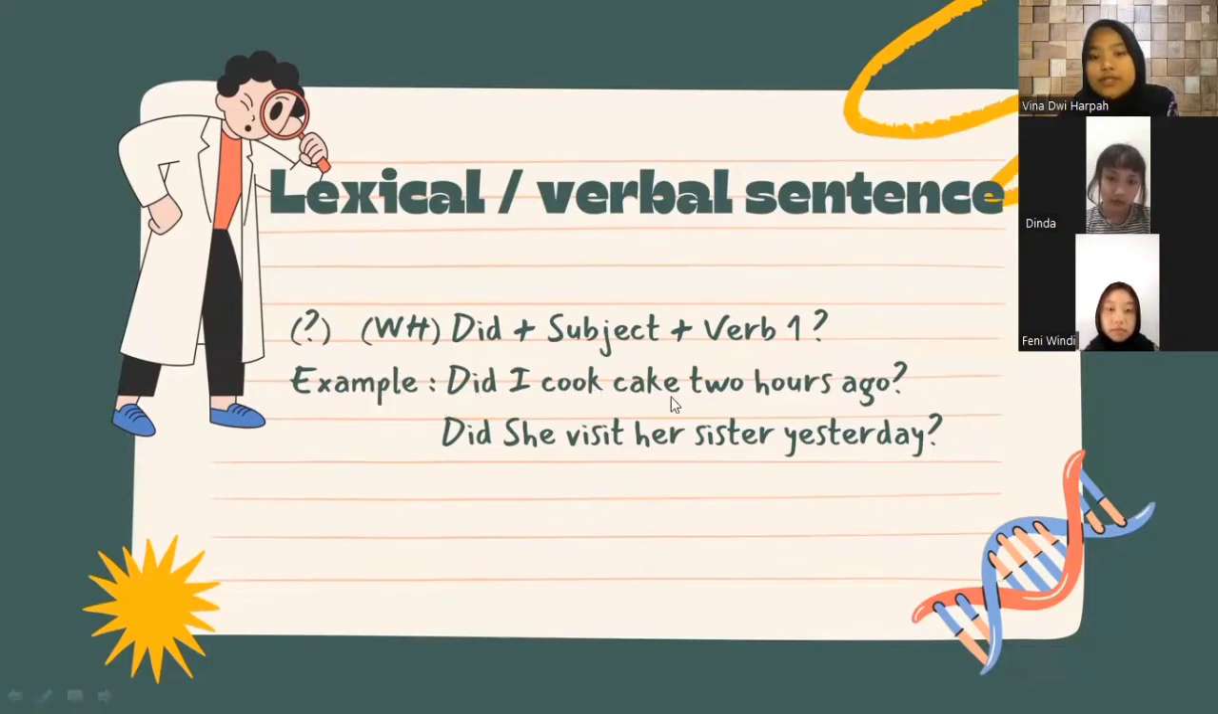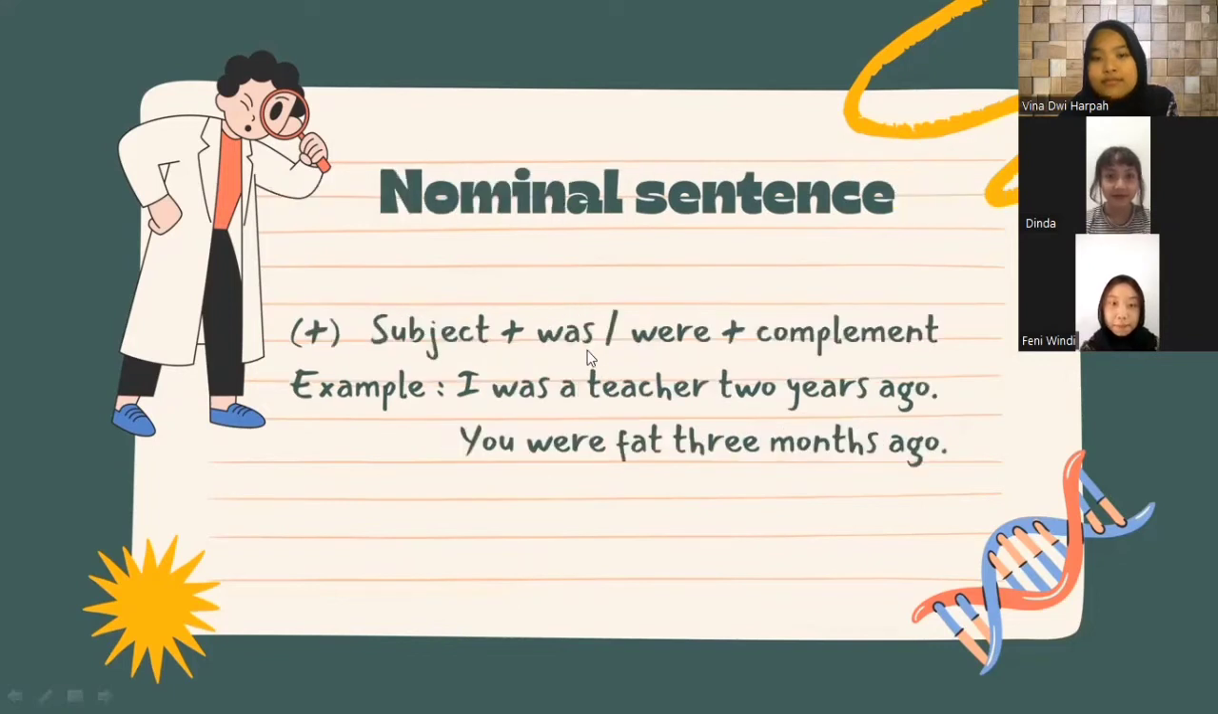Example, did I cook cake 2 hours ago? Did and I is subject, cook is verb 1. And the next is, did she visit her sister yesterday? Did. She is subject and visit is verb 1. The next is